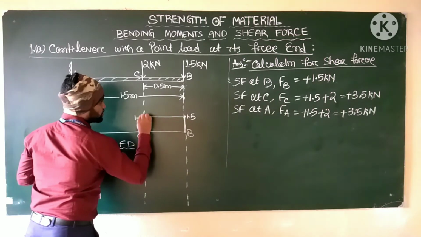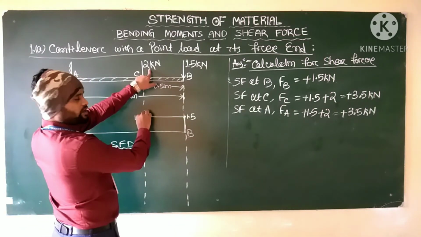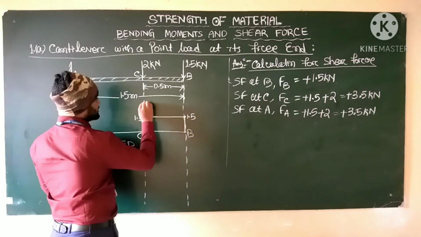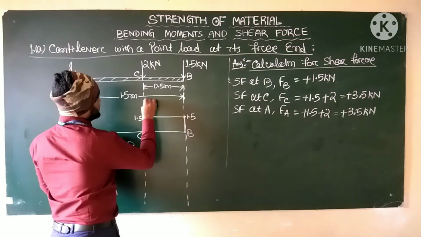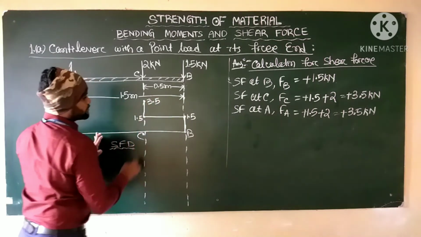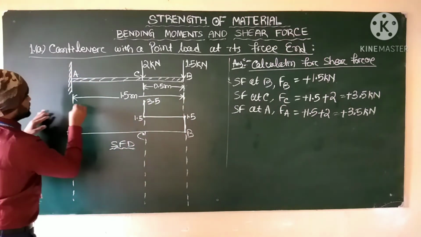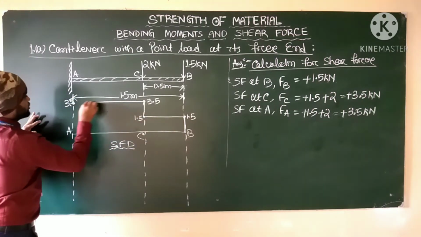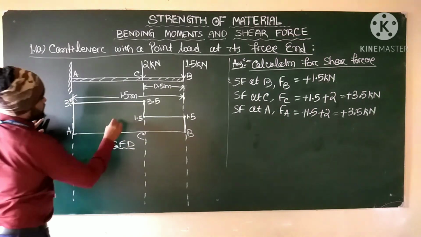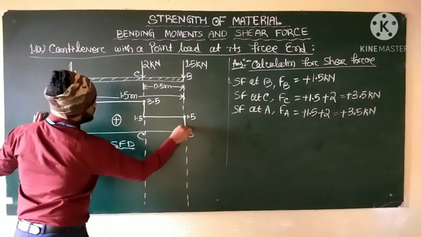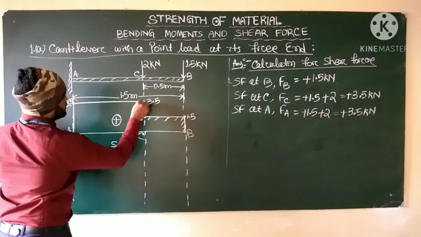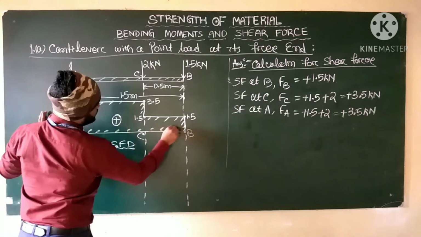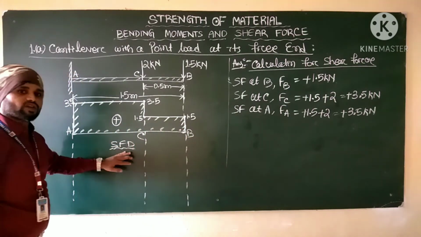After that, there will be another point load. So the shear force line will be vertical, a vertical increase up to 2. With 2 increase, what will come? 3.5. Next, at point A, what is it? 3.5. So simply join a horizontal line. This will be positive. Hatching lines will be drawn. See how we will draw the shear force diagram.